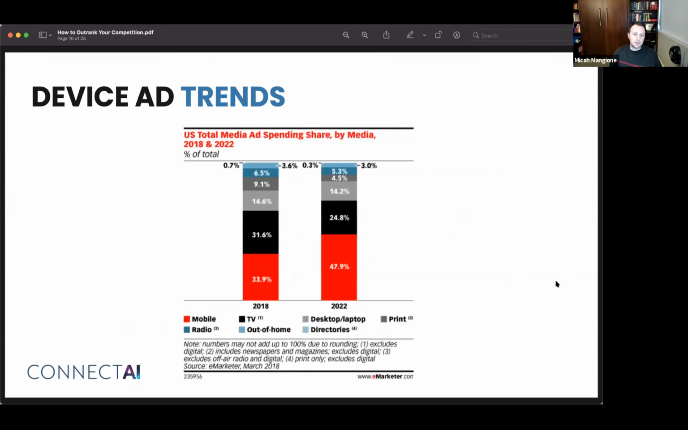And you could actually see that in the change in trends in what people are actually spending money on. In 2018, you can see here on this left-hand side, this is the distribution of ad spend. Mobile in 2018 was only 33%, and it was pretty well even between mobile, TV, and everything else. But you can see the desktop, laptop share, the amount of advertising that goes specifically to those platforms,